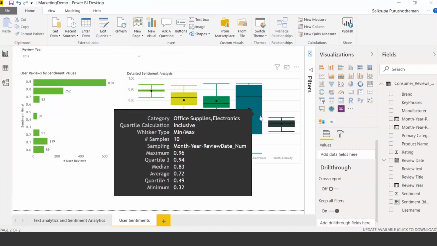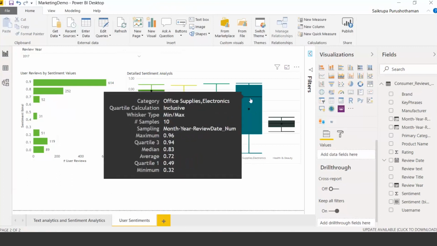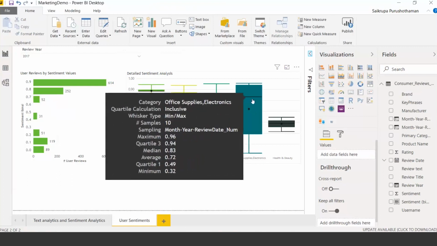The minimum is 0.32, and the maximum is 0.96. So it tells me there's a big variation between the minimum and the maximum value. There are people who have rated the product poor, and there are people who have rated the product high. But it also gives you a median, which is the line here, and the median is 0.83, which gives me some consolation saying that most of the feedback is positive.